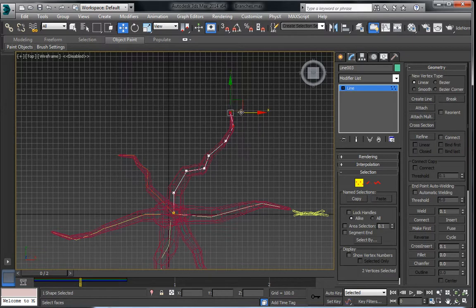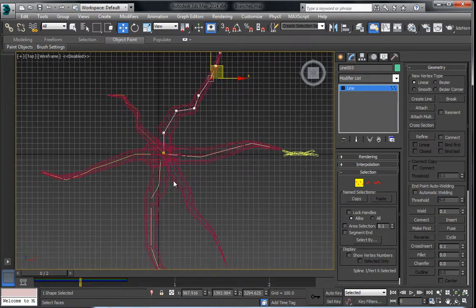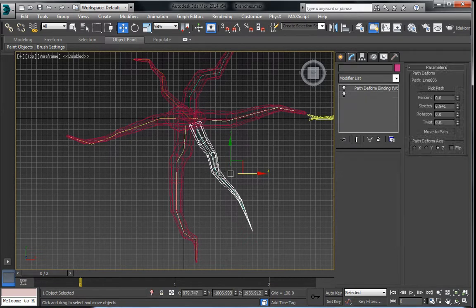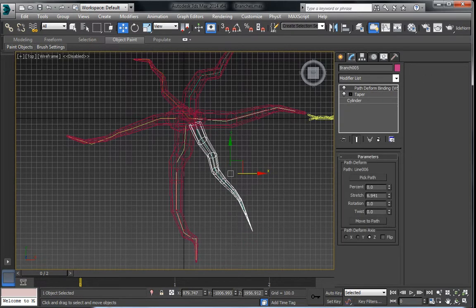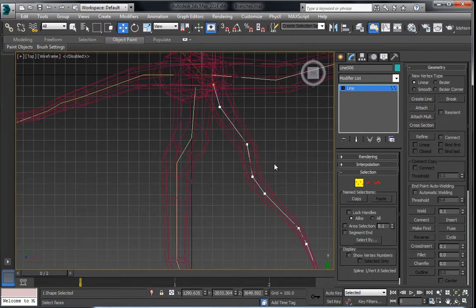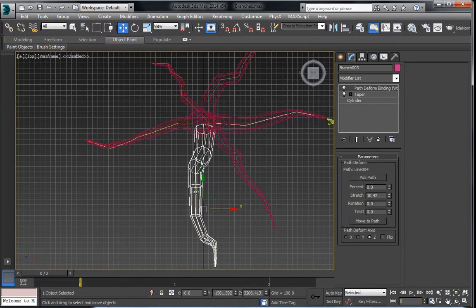So this is really just the key. Once you get this down and create it properly, then you should get fairly nice looking trees. So let me just chop this up here while I'm here. There we go. Let me just move some of these around like this, and let's just select this one right here